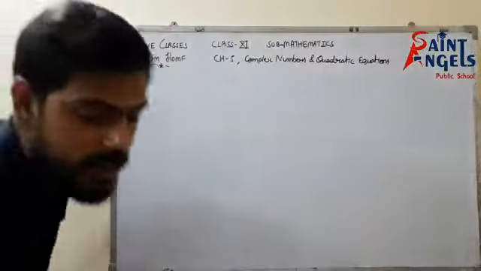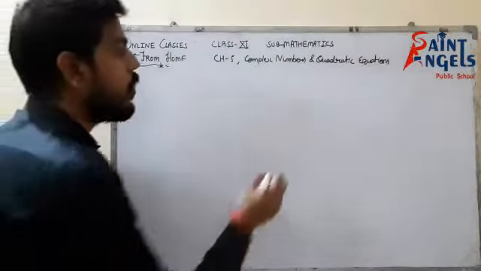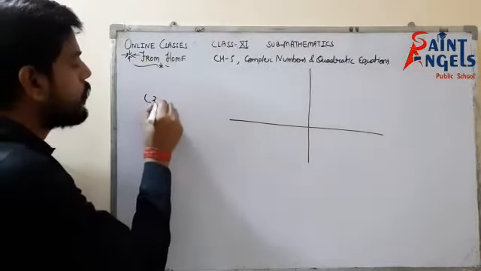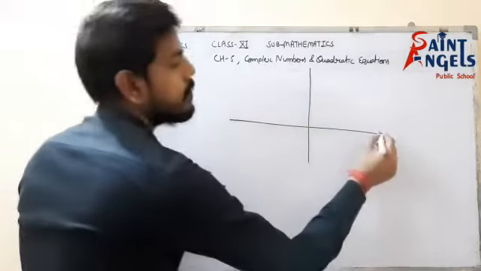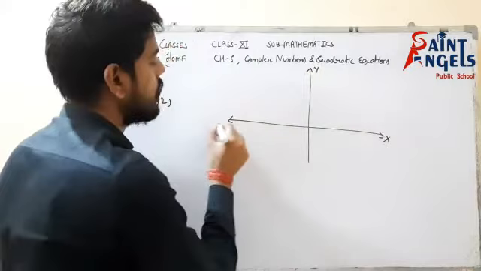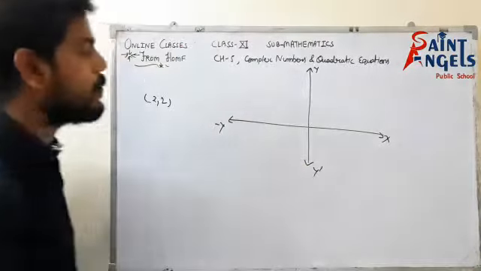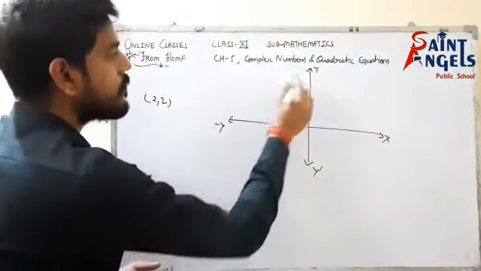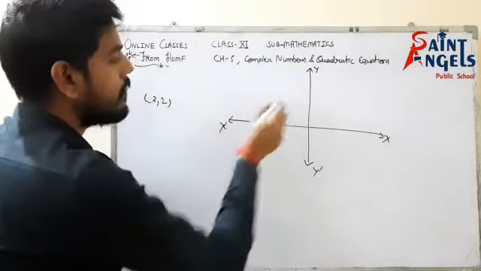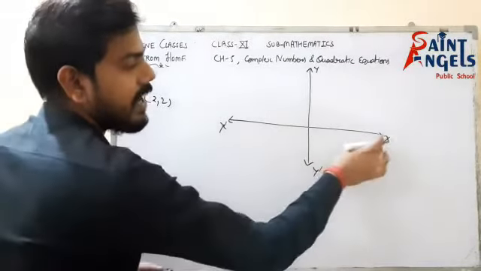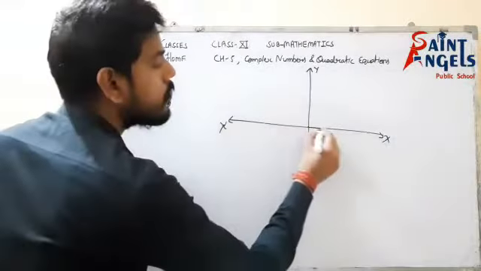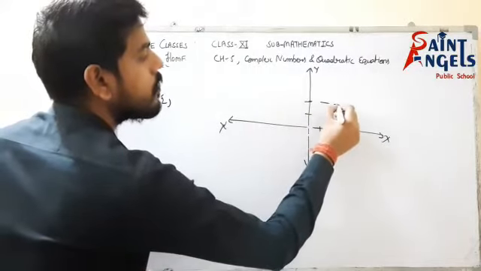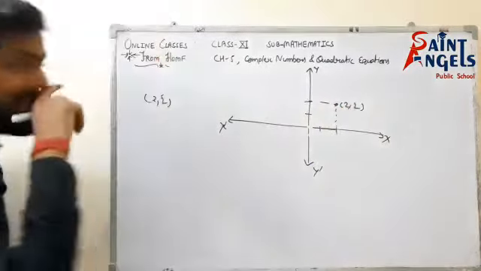Now we will look at how we represent a complex number on an axis. Suppose beta, I am asked to represent the point 2 comma 2 on the xy plane. This is my x-axis, this is my y-axis, minus x, minus y. This is the xy plane, and these are the other planes. Here x equals 2 and y also 2. So this is the point 2 comma 2. I can easily represent this point.